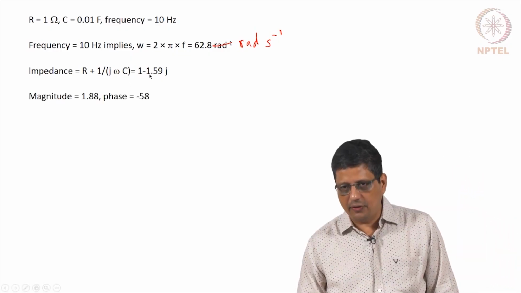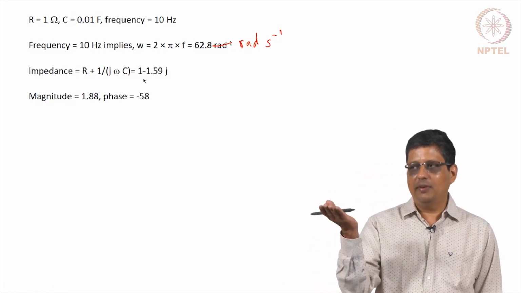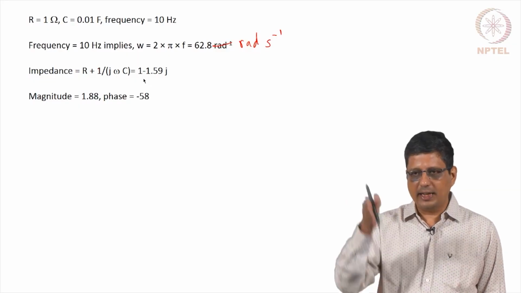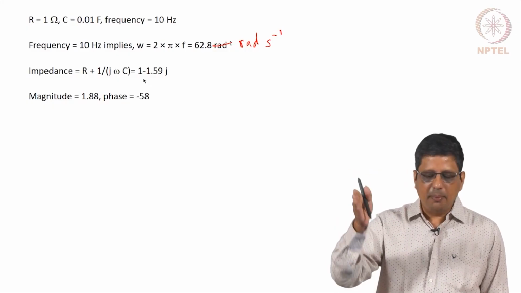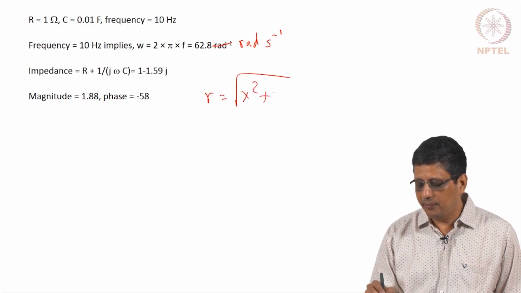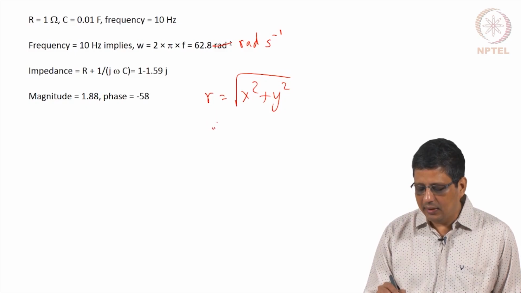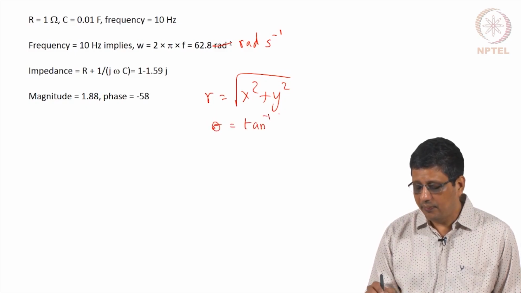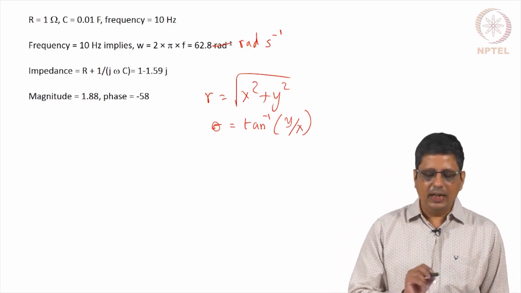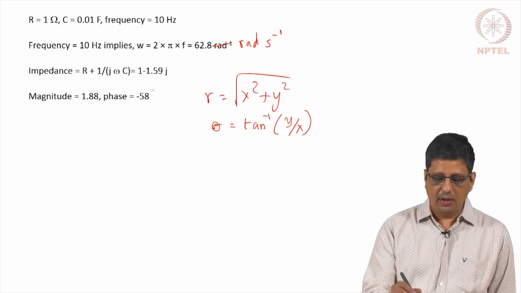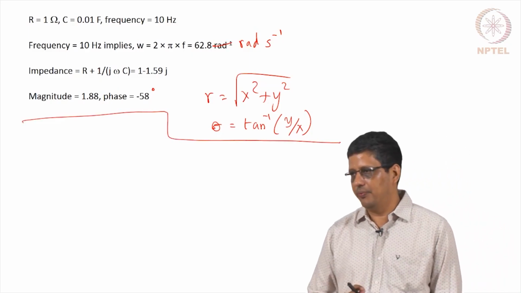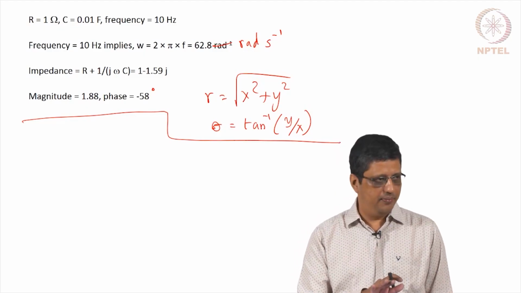If I take the magnitude of this complex number, so if you visualize, you have the abscissa and ordinate, you got 1 on the x axis, 1.59 in the y axis, so it is going to look like a vector in this direction. The magnitude of that vector you will calculate it as r, right, and you are going to calculate the angle as tan inverse of y by x. You will get an angle of about 58 degree and amplitude of about 1.88. Without solving the ODE, you can get this value. This is a lot simpler than solving the ODE, but